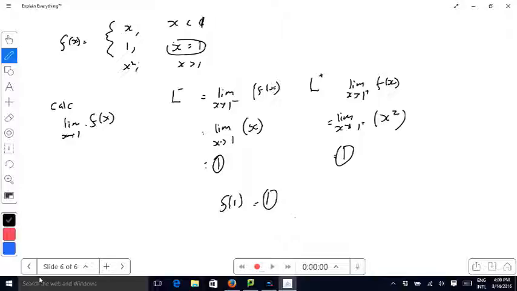So I've just said that the graph is continuous at x equals 1, and I can illustrate that by drawing the graph. The function f of x equals x for x less than 1, so I get that straight line, but it stops at the point 1, and because it's less than, it's an open circle. Oops, sorry, that's minus 1. So I keep going up until